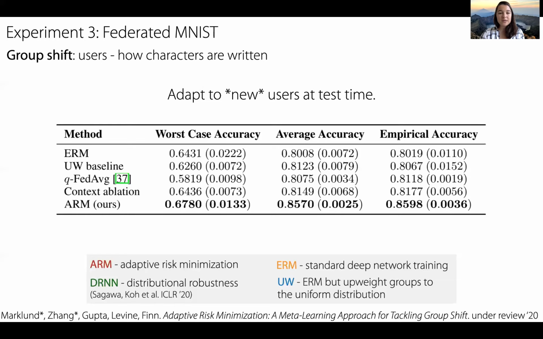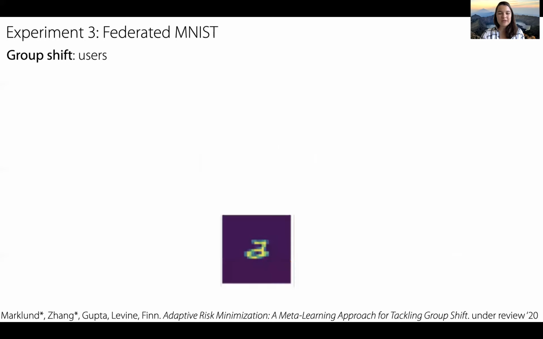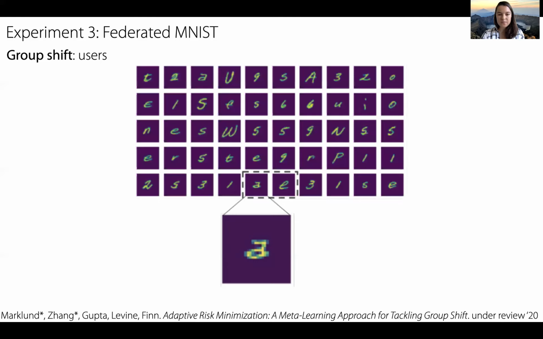And to give a sense for what the algorithm is actually doing, we can look at a qualitative example. So here's an example of an image in the data set. And this image is actually a bit ambiguous whether it's a 2 or a lowercase a. And in the data set, 2s in general have a higher proportion. There are many more examples of digits than there are of characters. So ERM actually incorrectly classifies this as a 2,